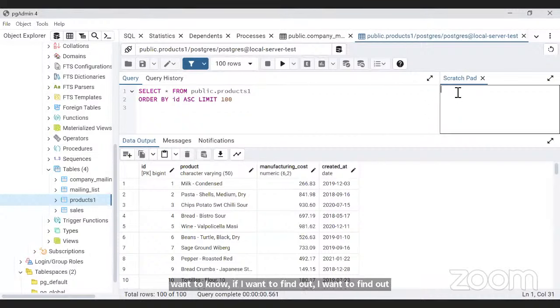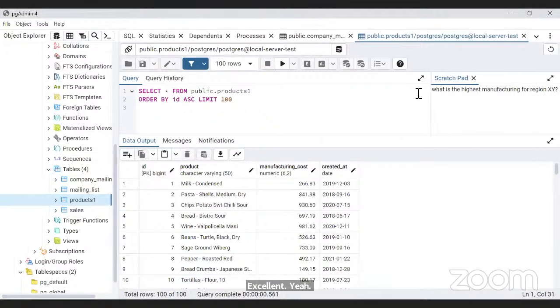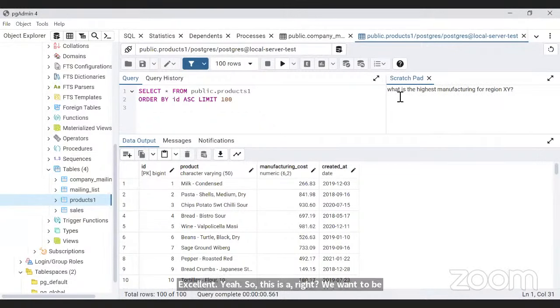But what if I can just say, what is the highest manufacturing cost for this region, let's say for region XY? Yeah. So this is the goal, right? We want to be able to do something like this. That's basically the entirety of what we're doing here.